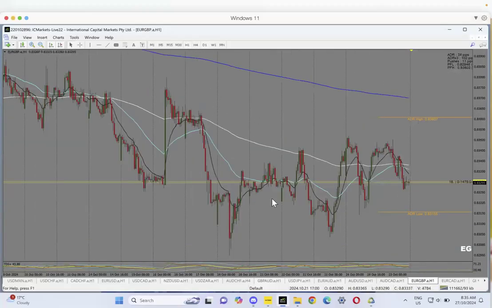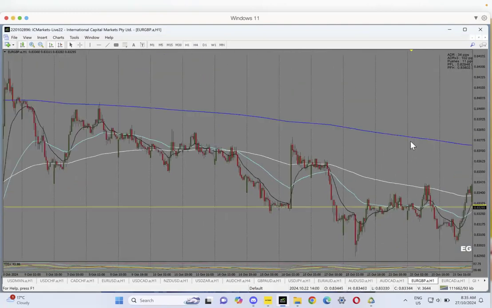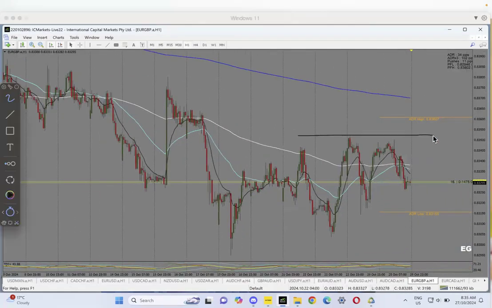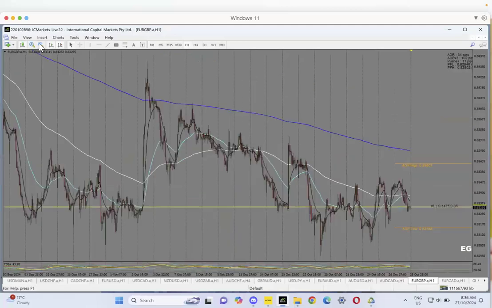And my expectation was that they're going to come to the 200 EMA here. That's what I wanted to see. I wanted to see them at the 200 EMA. So now I want to look for sell. And because GU is going to be buying, then I would love to see Euro GBP selling very hard this week or the week following. I want to see it selling very, very hard. So that's going to be a very good one for you to take probably for the rest of the week as well, because it's sitting at a reset point.